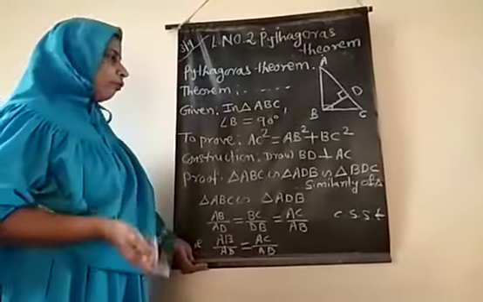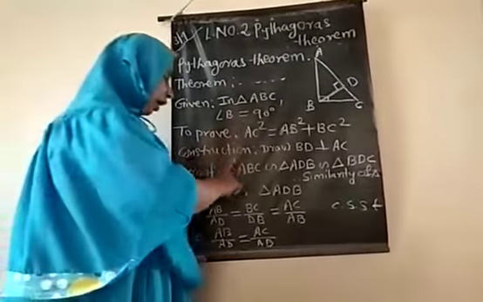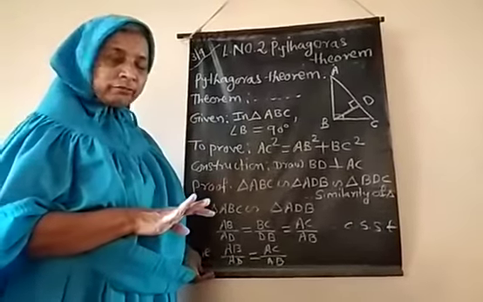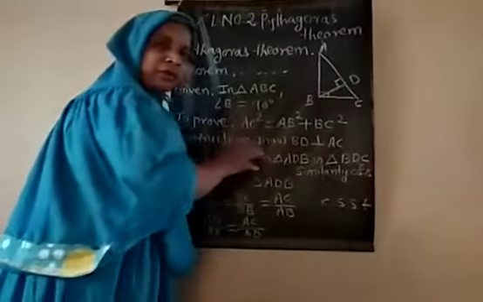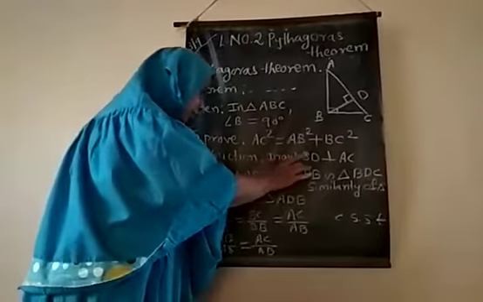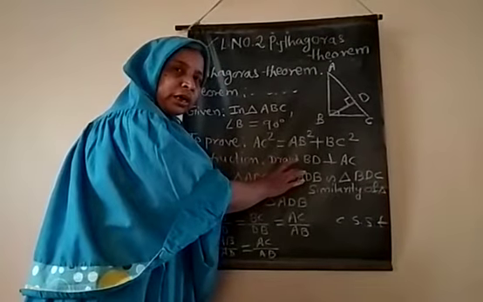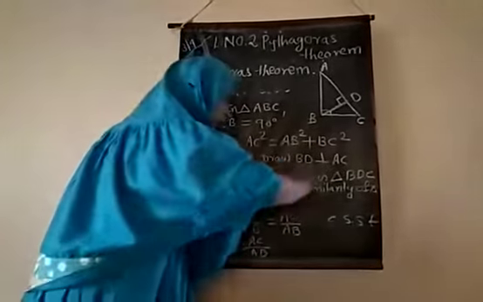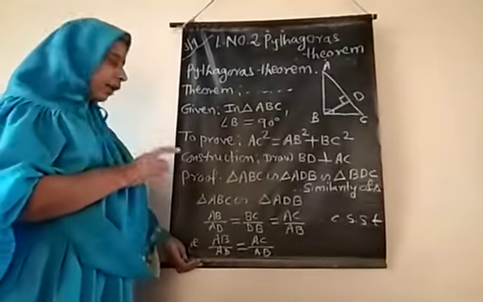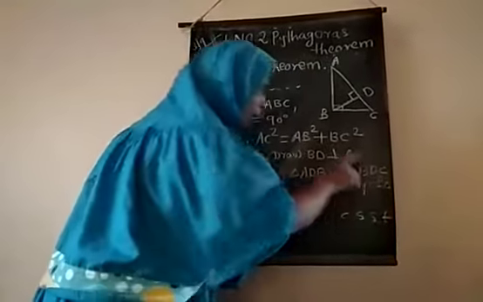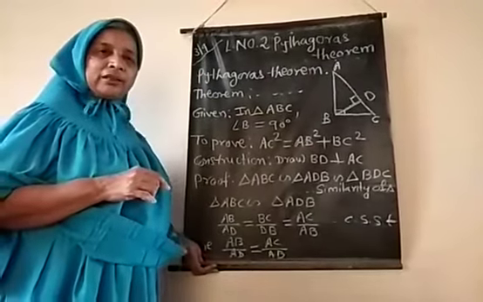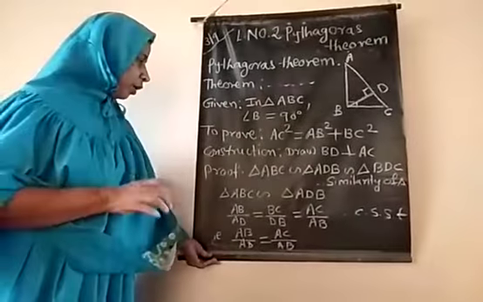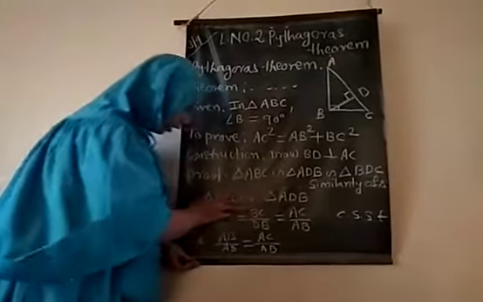They are similar. While writing, I told you that you have to be very careful about writing the correct vertices in the correct place. So if you are having some difficulties, first write down the first two and compare them, then again ABC to BDC, and then write all three together. So here we are directly using the property of similarity of right angle triangles, and these three triangles are similar to each other.